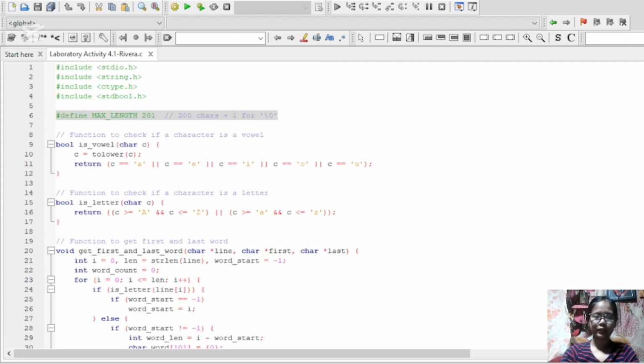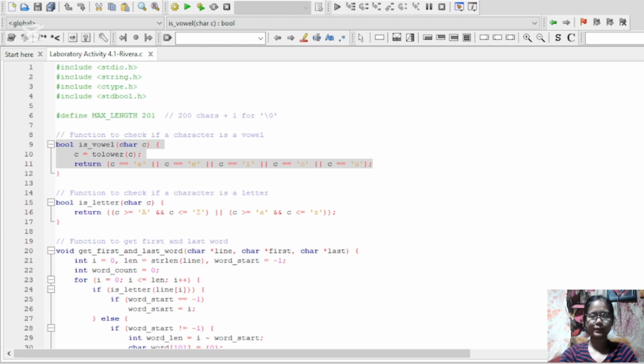And this line is the helper function to check if a character is a vowel. This function checks if a character is a vowel, case insensitive. We convert it to lowercase first, then check if it's one of the five main vowels.